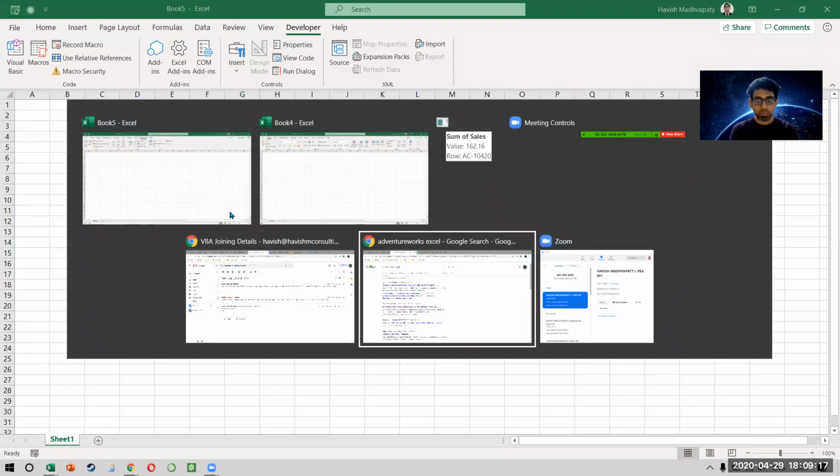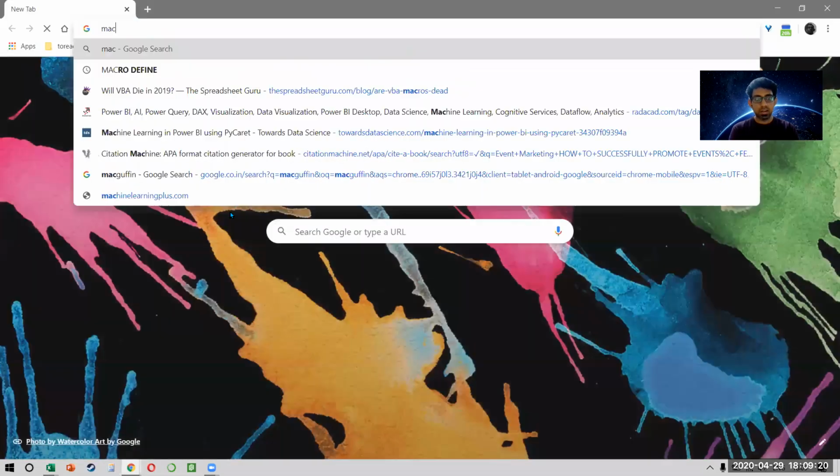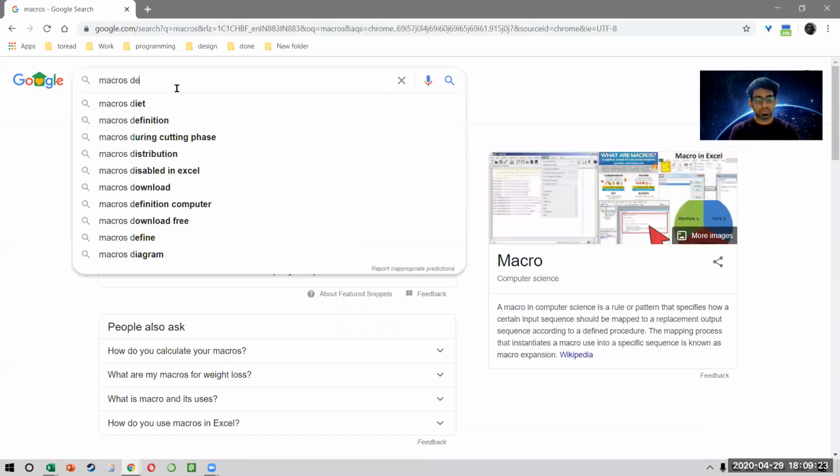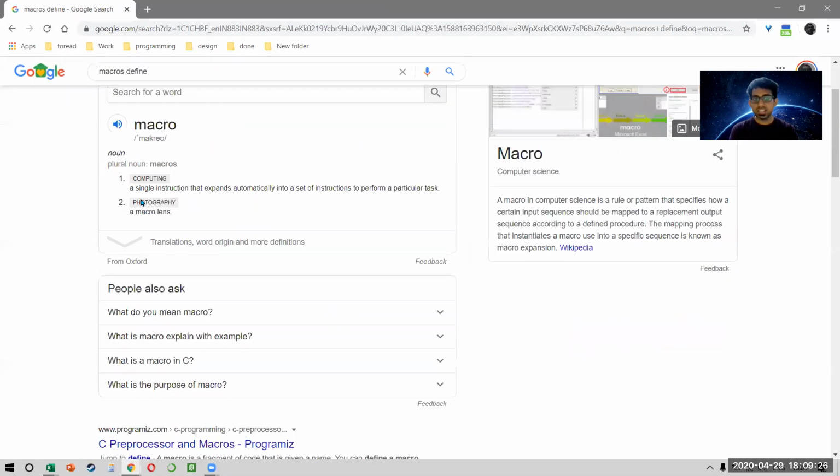So if I can quickly open my browser, and you can see a macro is essentially an instruction that expands automatically into a set of instructions. For example, if I say start, what I mean to say is that you start, open the file, go to developer, enable it, put some numbers, write a formula. So basically one instruction is being used to perform a set of instructions. Essentially, we are grouping instructions together. That is what programming is, right? So rather than me telling you, you have to do step 1, step 2, step 3, step 4, step 5, I can essentially say you do all the steps in one command.